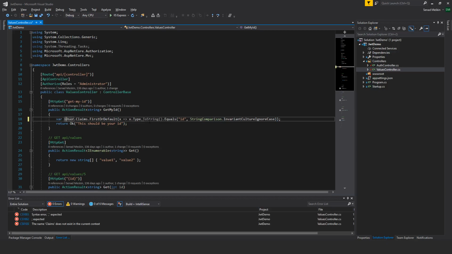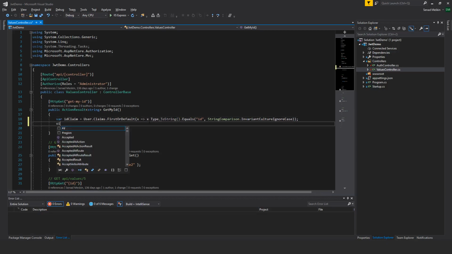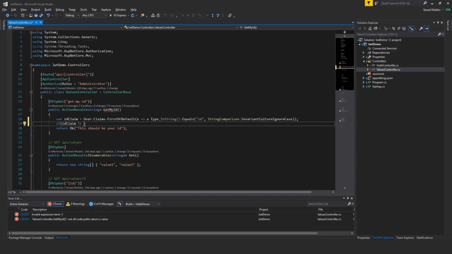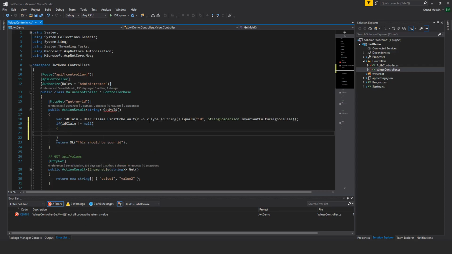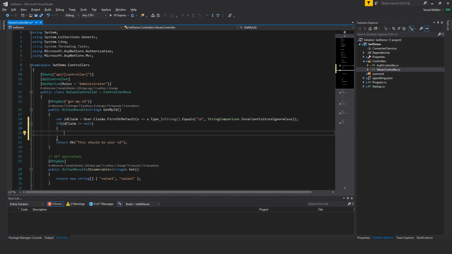So we can say idClaim, we are searching for ID, then we can check if idClaim is different or not equal to null, because if it's not found in the list of claims, okay, it actually works in this Visual Studio without converting it to string. It will check if the searched claim is not equal null, and then we will do our logic, because our application would crash if it's null, if it's not found. So we will just return